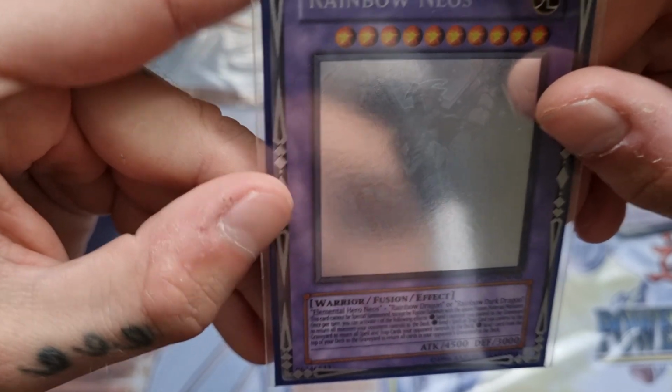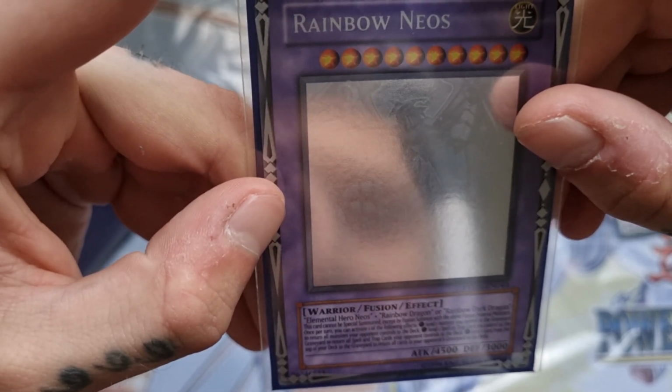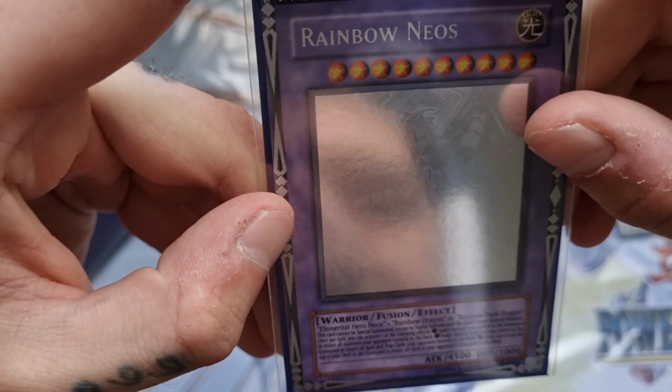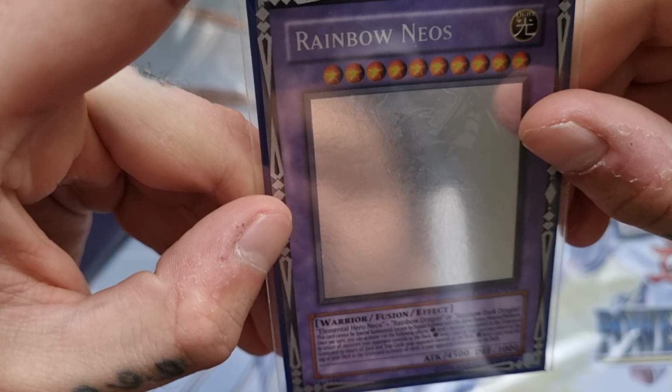You can activate one of the following effects. Send one monster you control to the grave. Return all monsters your opponent controls to the deck. Send one spell or trap you control to the grave to return all spells and traps your opponent controls to the deck. Send one card from the top of your deck to the grave to return all cards in your opponent's grave into the deck. So